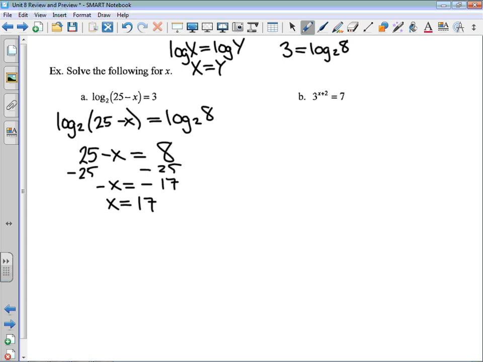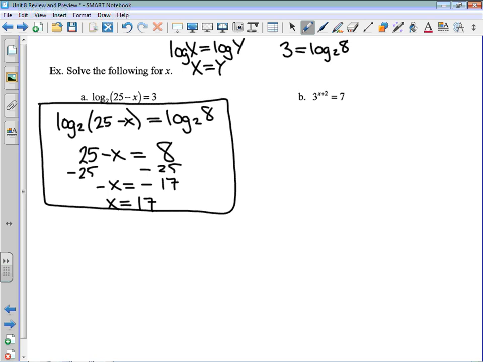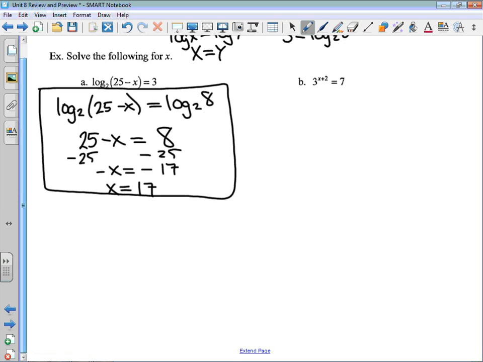Now, this is probably, I would say, not my favorite technique. There's nothing wrong with it, but I would prefer if we get comfortable or proficient with switching from log form into exponential form. So if I have log base 2 of 25 minus x equal to 3, what I can say is that